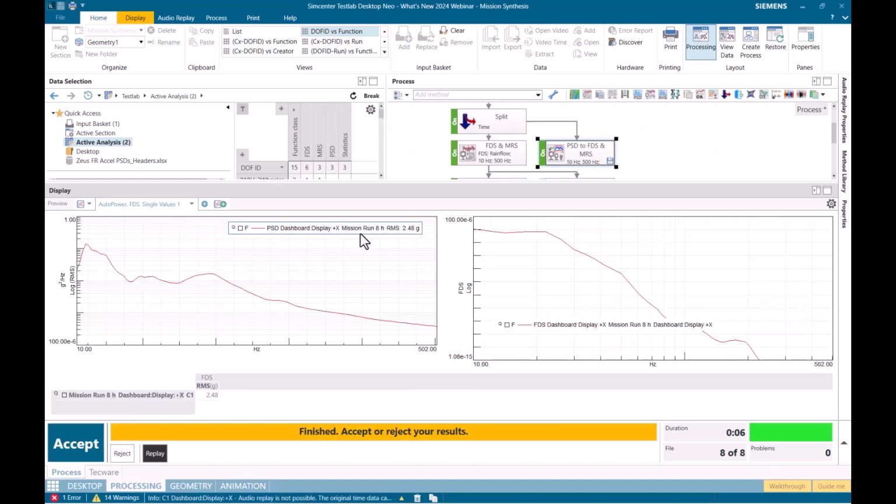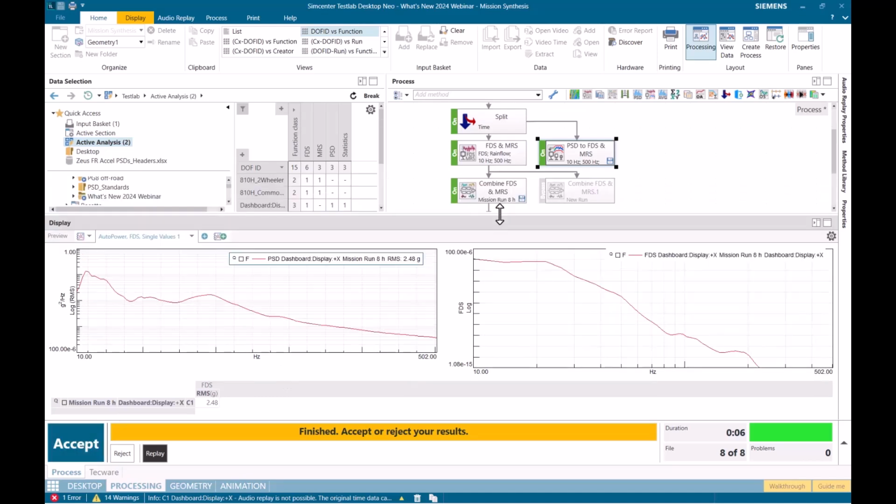So I could create some nice report displays or diagnostic displays, so I could immediately, once the data is processed, look at it, examine it, and see, okay, I'm pretty happy with this calculated data. I'll go ahead and accept this run now.